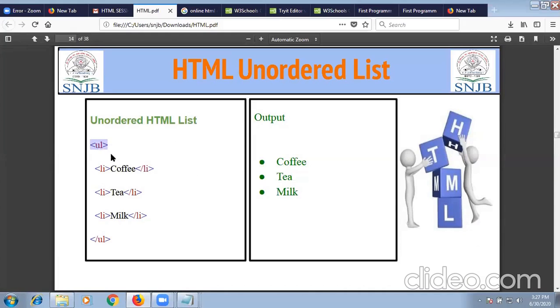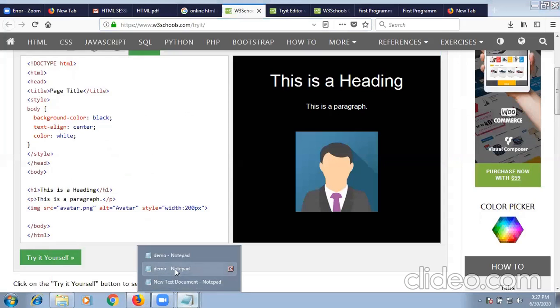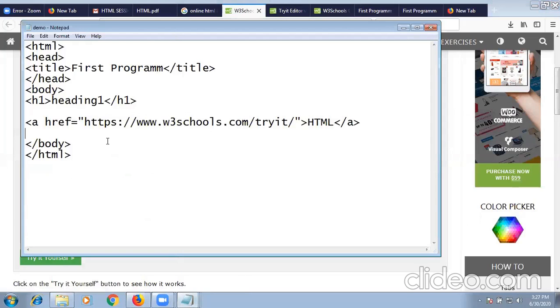As you have started it, you have to end it. Again, there are sub elements present, the sub listings, that is LI, for performing the list operation. We have to apply this code within your body part. So we will go to the text editor or the notepad. Those who are using desktop can use the notepad. Those who are using mobile can run the code in an online editor.